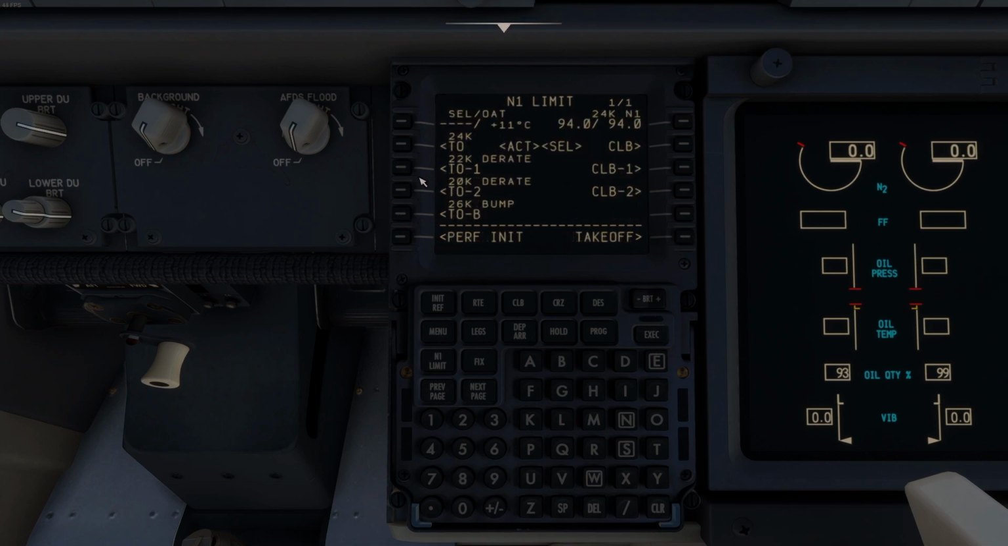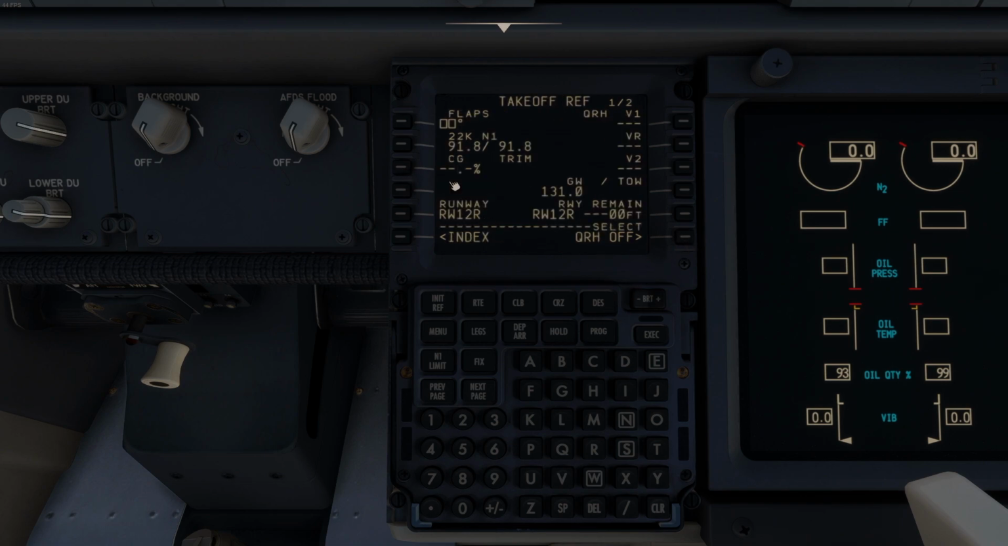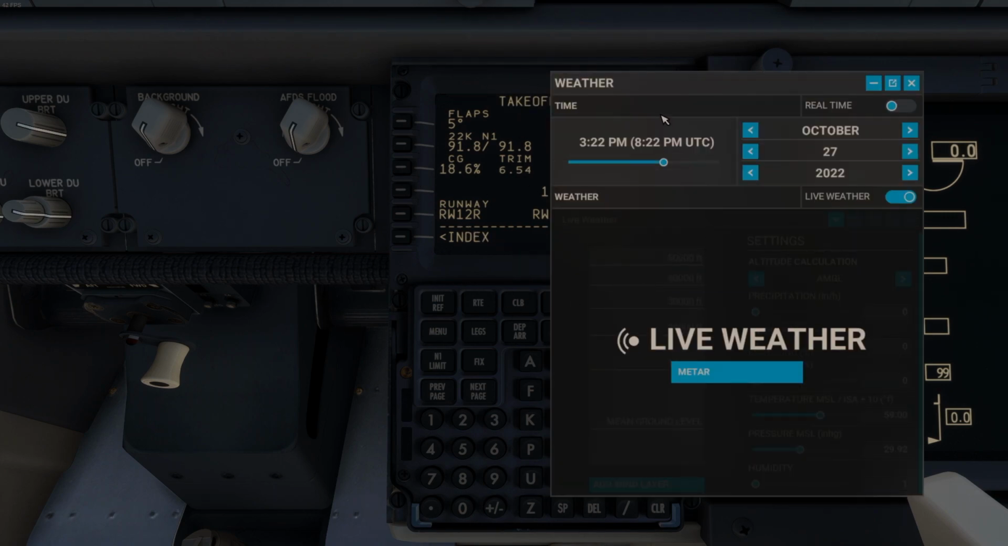We'll head over to N1 limit. Takeoff configuration 1. We'll head over to takeoff. We're going to do a flaps 5 departure, give us our trim there. And let's grab our ATIS, it was Bravo, I think they said. Which we could, well, I mean, we should technically